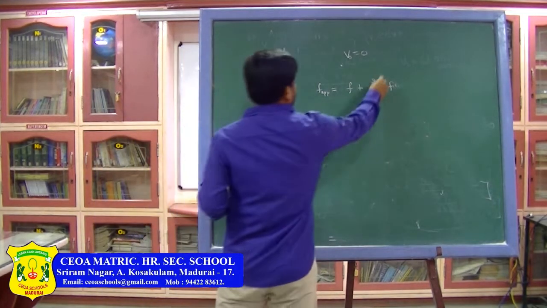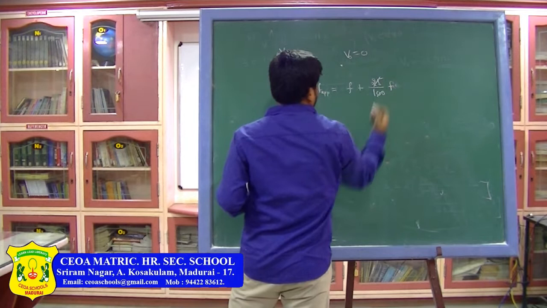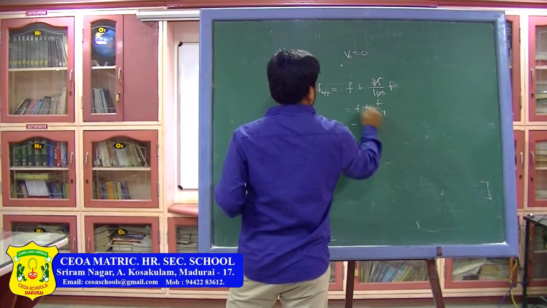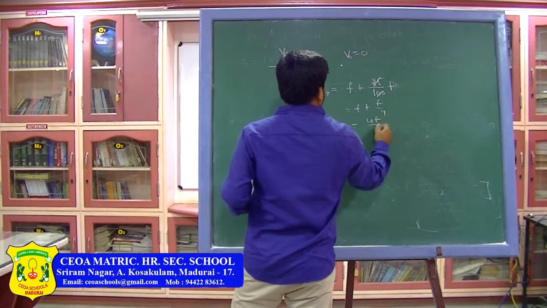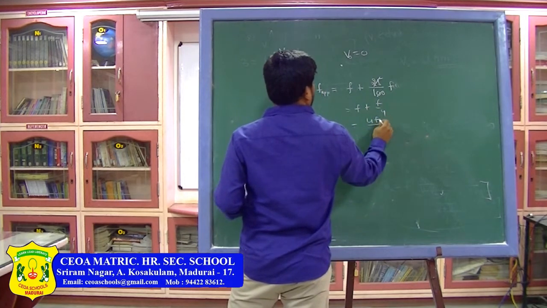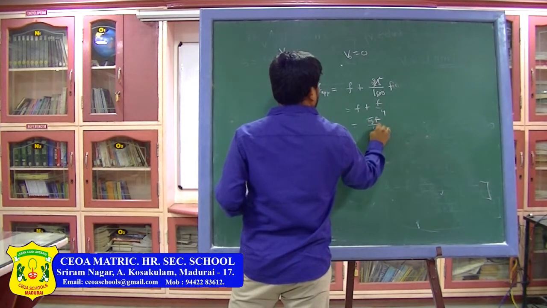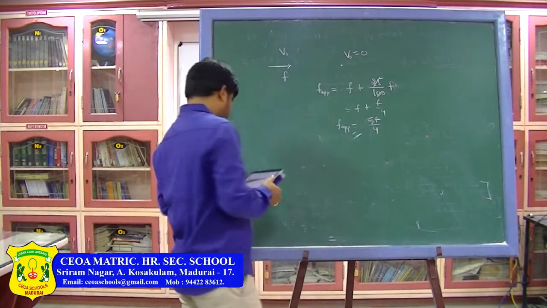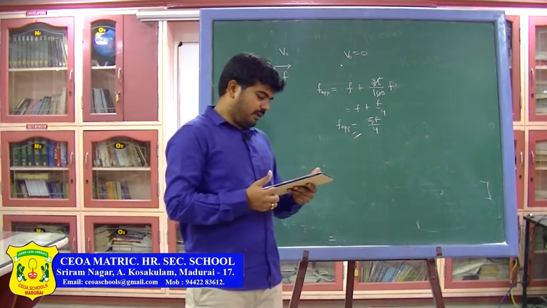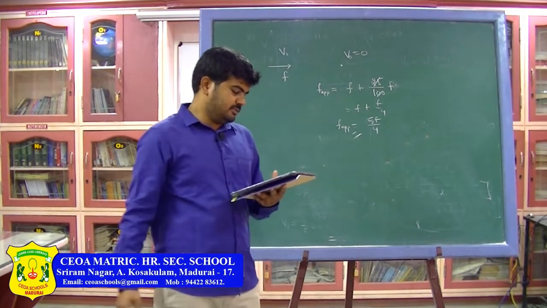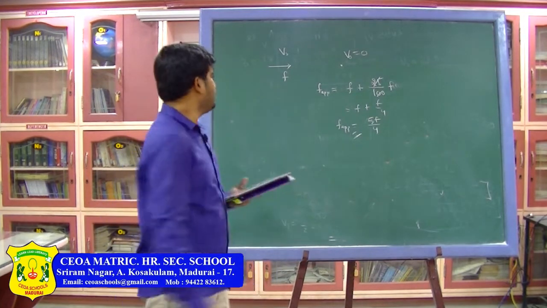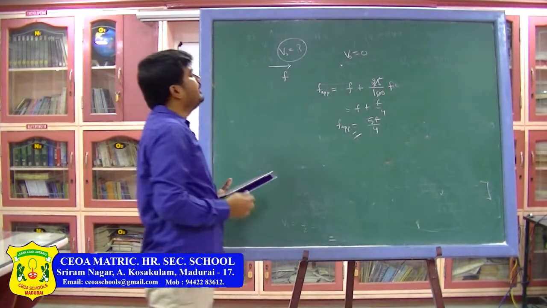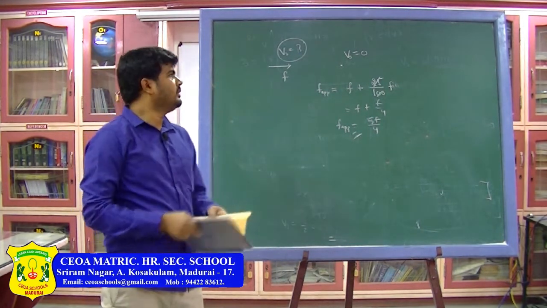In this case, 25 and 100 you can cancel by 25 to get 4. So, F plus F by 4, that is 4F plus F divided by 4, that is 5F divided by 4, is the apparent frequency in this problem. From this, the question is to find out the speed of the source. So the Vs value you have to find, that is the speed of the source, we have to calculate using the given data. Now, let us calculate it.